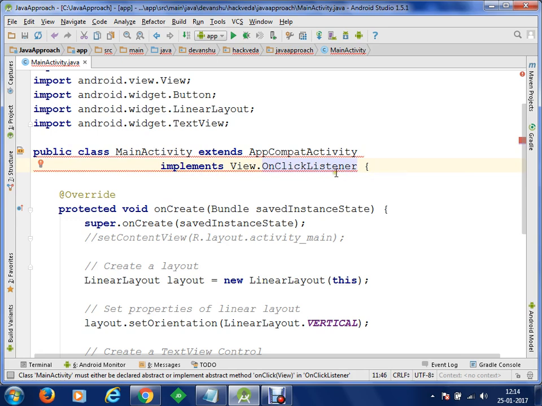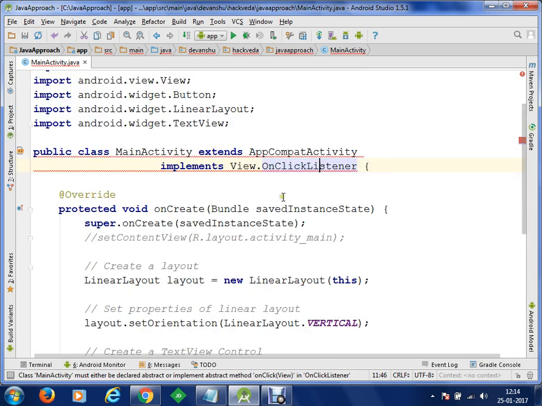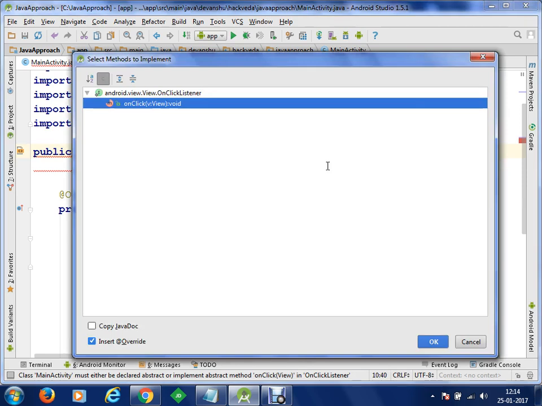ओके, तो हमने क्या किया, इंटरफेस इंप्लीमेंट किया. इंटरफेस इंप्लीमेंट करने के बाद में now what you can do, we have to implement some methods. ओके, कौन से मेथड्स इंप्लीमेंट करेंगे हम? I will show you. You have to implement this onClick method. ओके, क्योंकि ये एक डील है एक तरीके से कि अगर आप किसी भी एक्टिविटी में OnClickListener इंटरफेस पेरेंट को इंपोर्ट कर रहे हैं, तो आपको onClick चाइल्ड ओवरराइड करना पड़ेगा. क्यों? क्योंकि इंटरफेस के अंदर, onClick के अंदर कोई भी कोड डिफाइंड नहीं है. क्लियर? Let me explain.